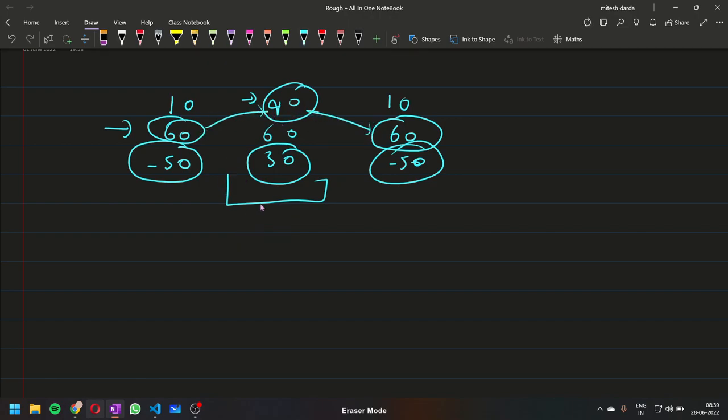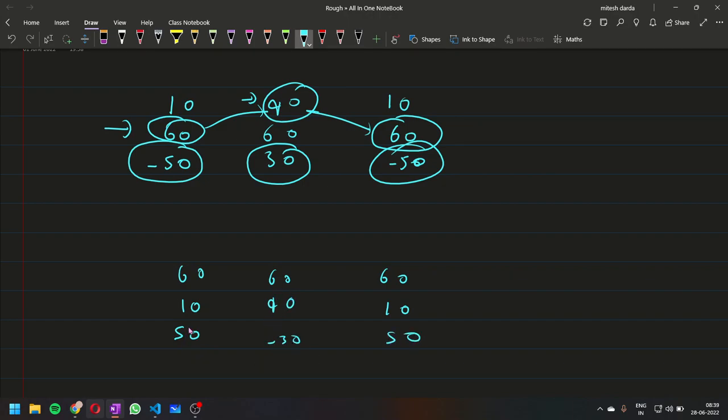And there could be a case like this as well: 10, 90, 10, 60, 60, 60. Now if we try to subtract them, this will become 50, this will become minus 30, and this will become 50. And now if we try to find the maximum possible subarray, it will be the whole array itself.